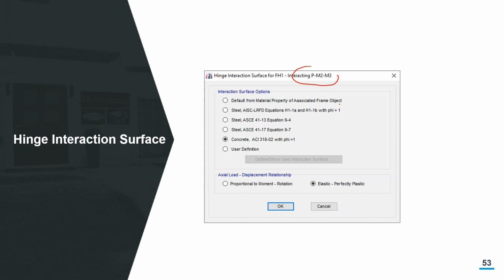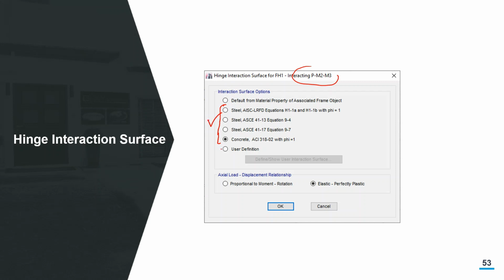Since you have already defined, for example, the material properties and the reinforcement information in the cross section, one option is that the program automatically generates that surface for you, and it just uses that one. There are several options from different building codes which provide us a convenient way of plotting that PMM surface, an approximate capacity surface, and you can go for those options also.